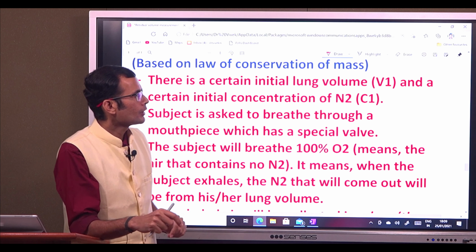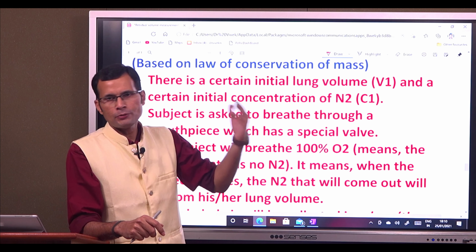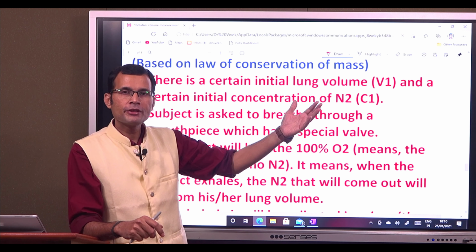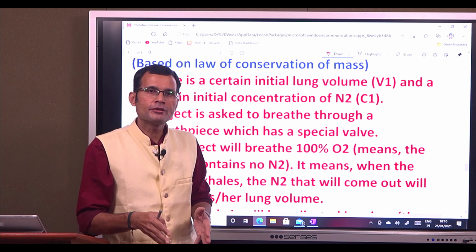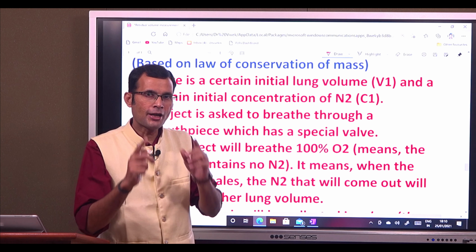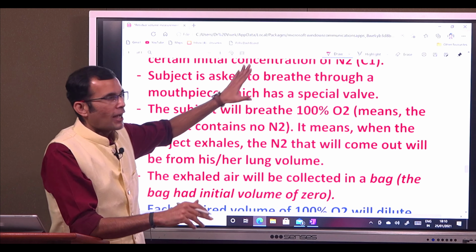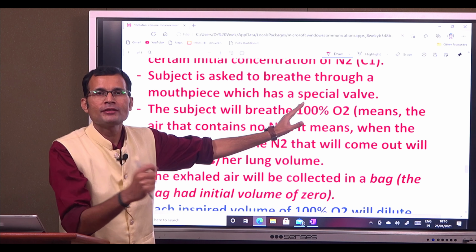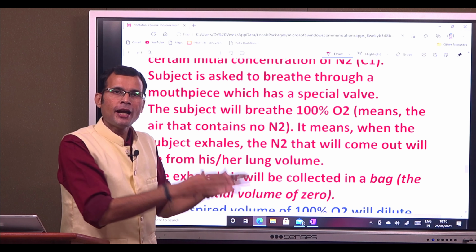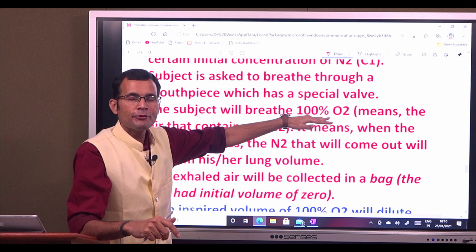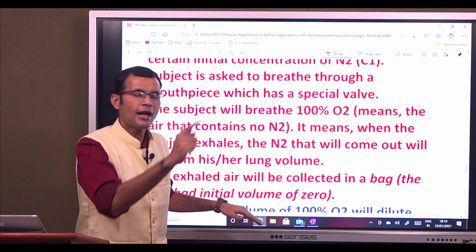First point. So whatever nitrogen was inspired from the previous breathing, very little amount is there in the body fluids in the dissolved state. Try to understand this. I gave you the analogy of the cup. I'll just explain once again. The analogy of the cup. The cup volume was constant, and the volume of that wet tea powder was also constant. It was not changing. We need that in the nitrogen washout method.